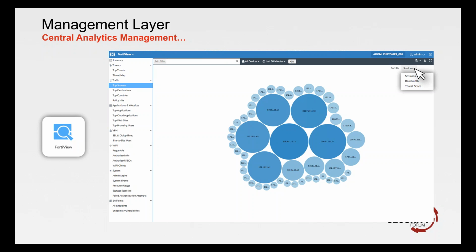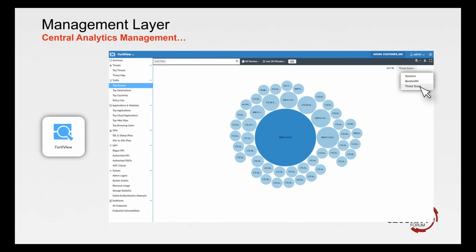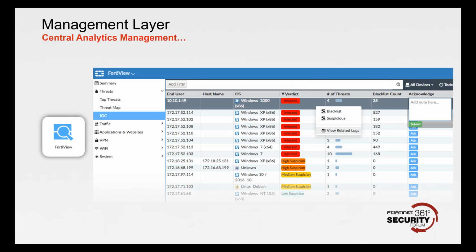Hey, Mr. Customer, do you know you've got an individual on your network? They've come in, plugged their PC into the network, and we've picked up the fact that it actually seems to have something on it that shouldn't be there. And you can actually start doing drill down and get down to the individual machine and report that back to your customer as well. So as I said, there are different areas. They can go through the bandwidth, the sessions, threat areas as well. And as I said, you can start looking at different areas.